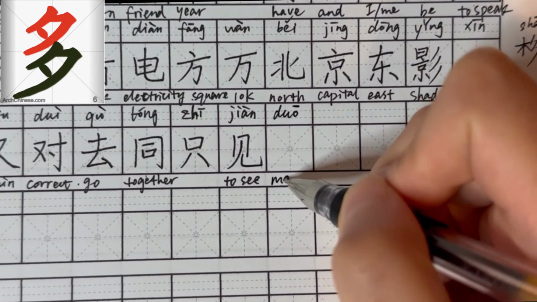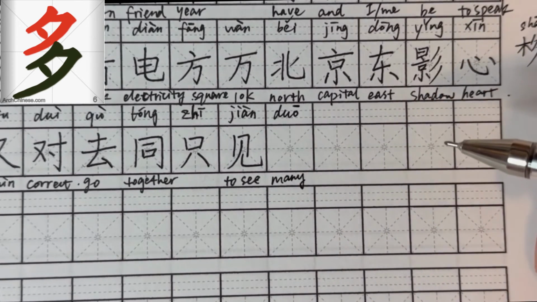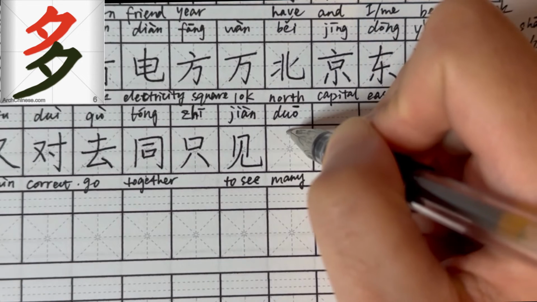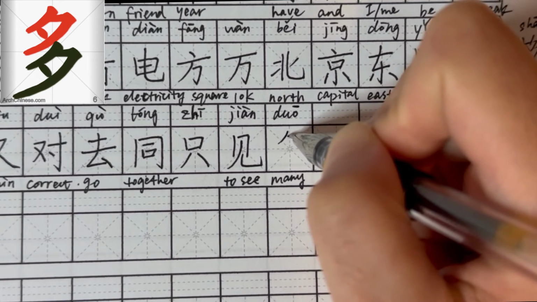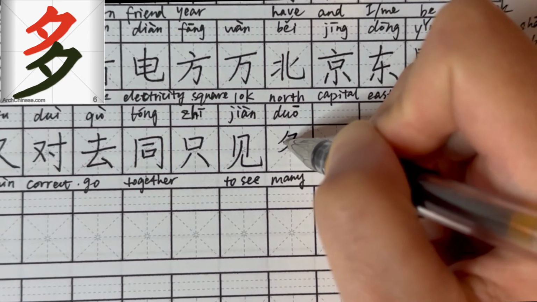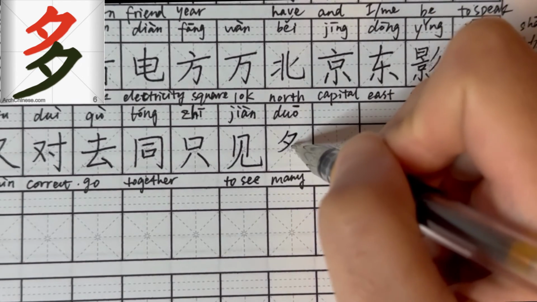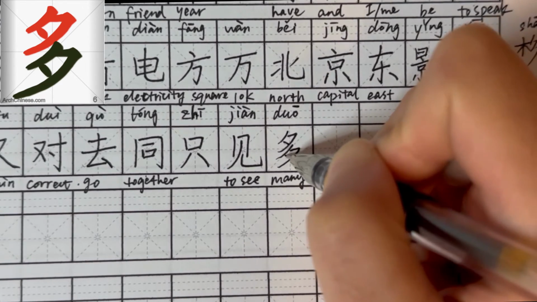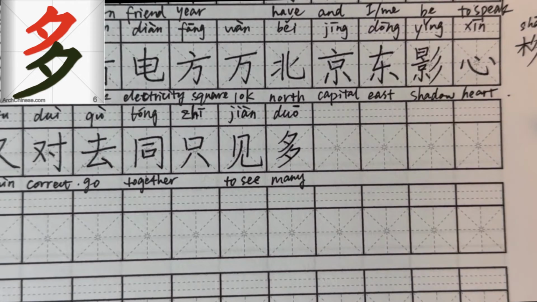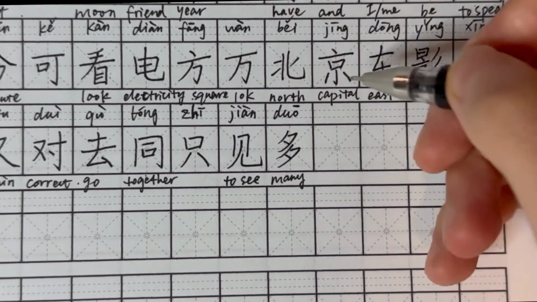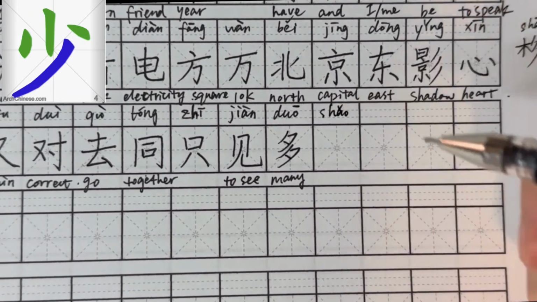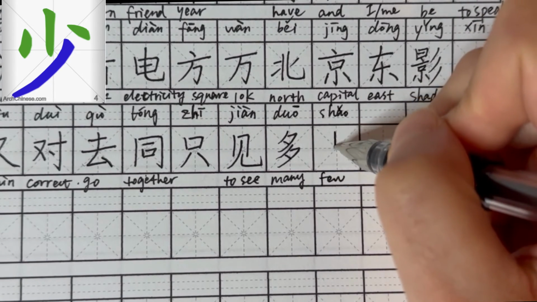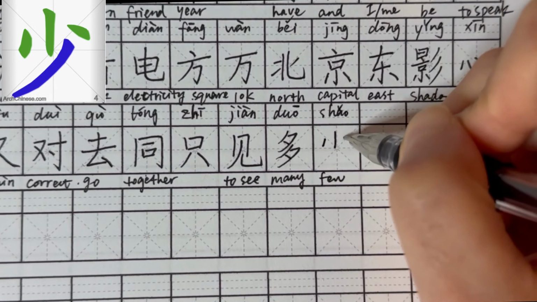Next character. 多. 多 means many or much. It's stacked up by two identical components. 撇横撇点. Same stroke order. 撇横撇点. Alright. Next character. 少 means few, little. 竖点